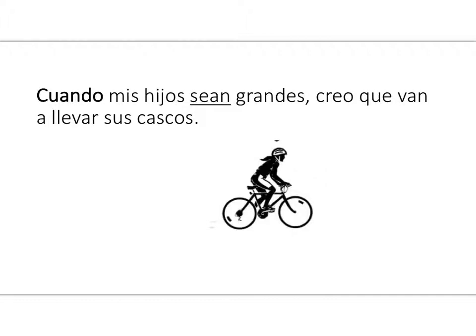Cuando mis hijos sean grandes. Okay, so on the supersite, you're going to have to put this in. Right now, it's clear that sean is the subjunctive of what? Ser. It's irregular, so yeah, it's subjunctive. But why? How do you know I'm referring to the future here? Remember, that's what we're trying to determine. What do you know about my kids? En grandes. When they're bigger, right, exactly. They're little. They're 3 and 5 years old. But when they're bigger, this is what indicates the future here,